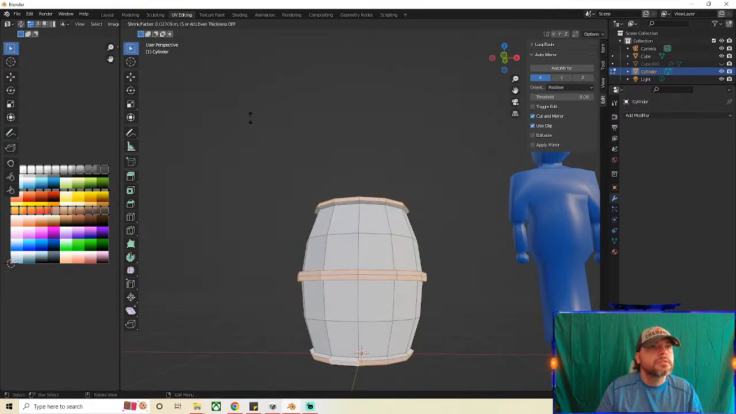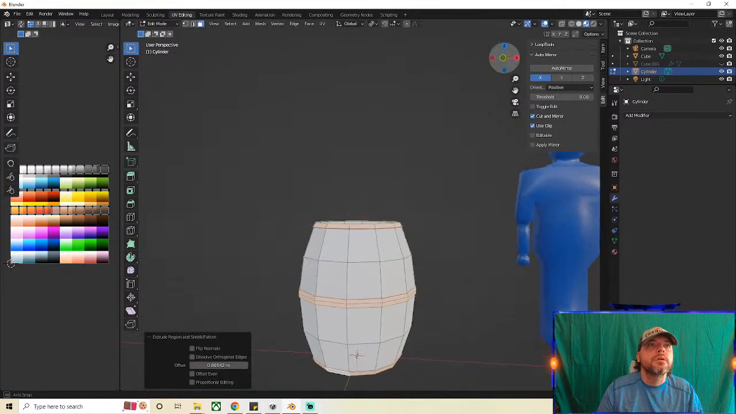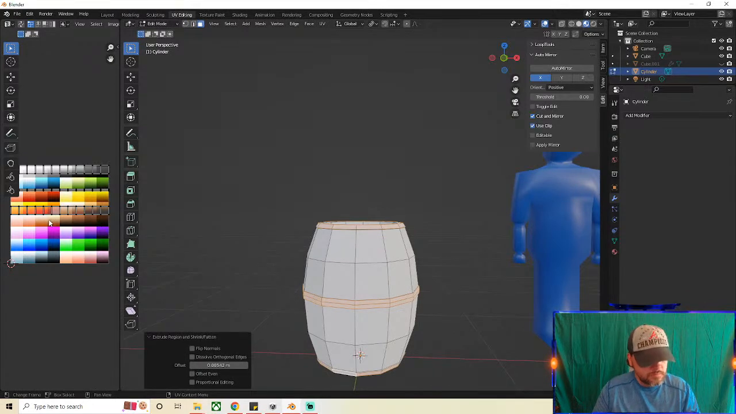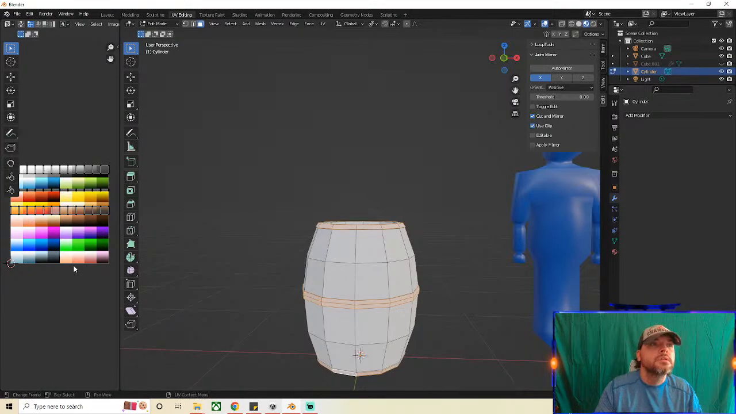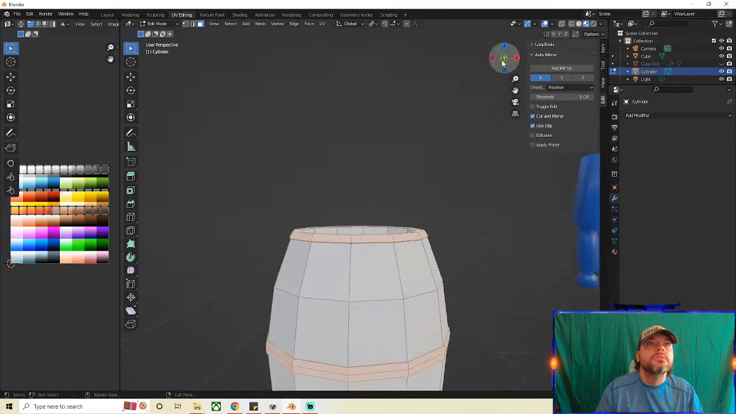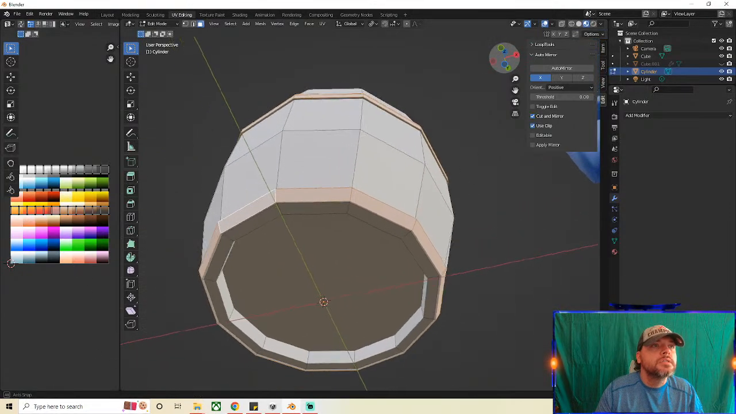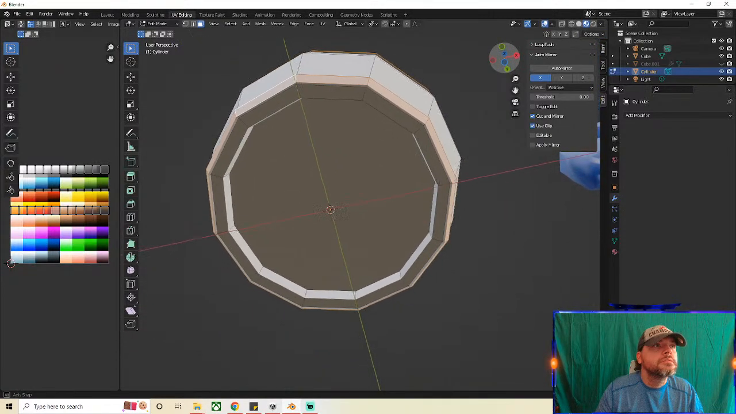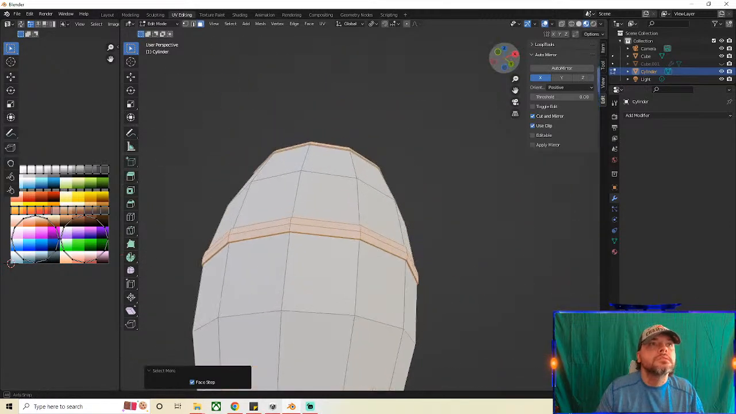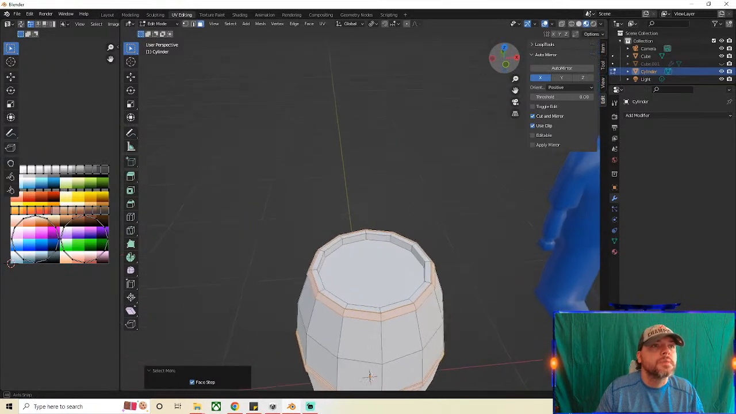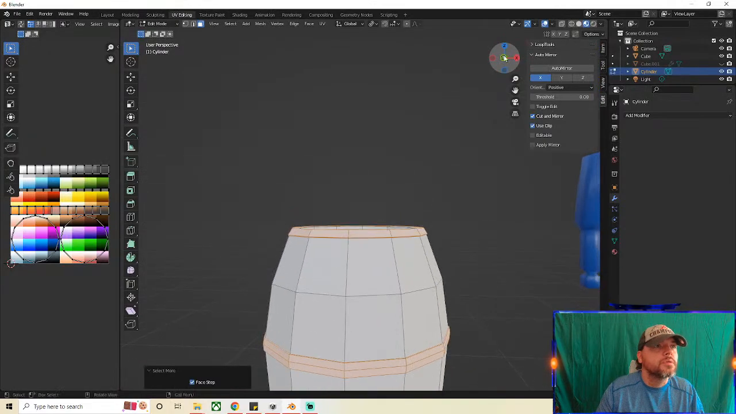Alright, so if I extrude along face normals, just give it a little, let's go Control plus to get those additional edges. Or is it Control plus? Plus plus. Alright, so we have all the edges for our bands that are going around. So we're going to go